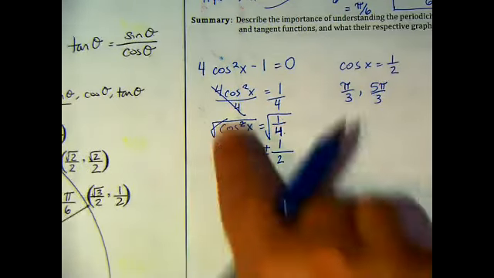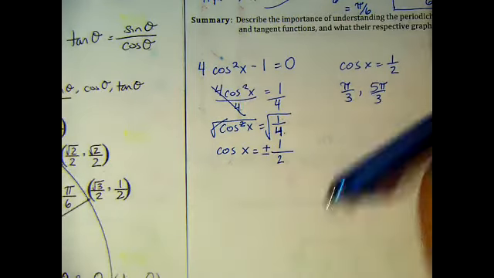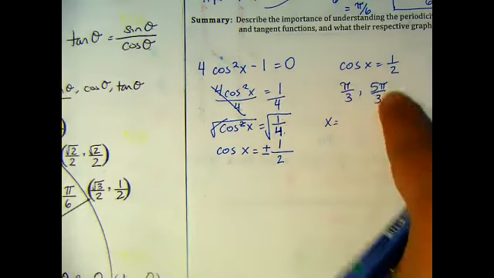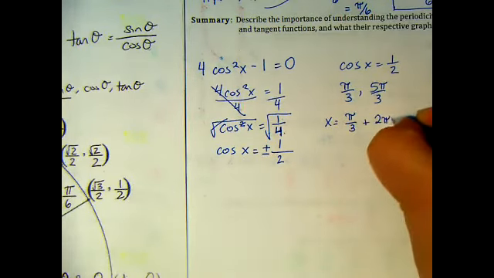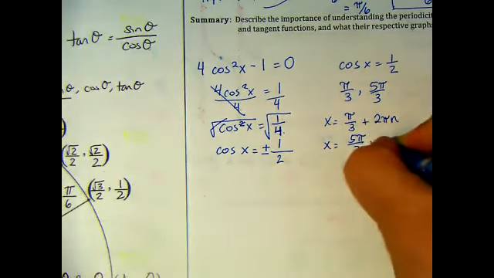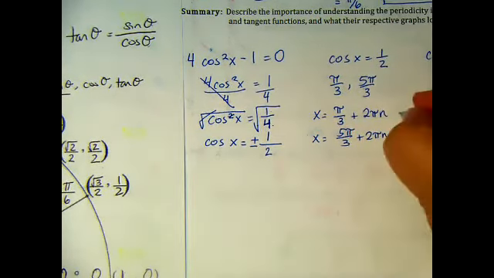Okay, so I'm talking about cosine, right? Periodicity tells me that my x's are not just these guys here, but they are going to be pi over 3 plus 2 pi n and 5 pi over 3 plus 2 pi n, as well as